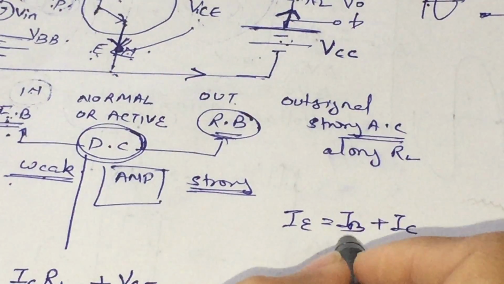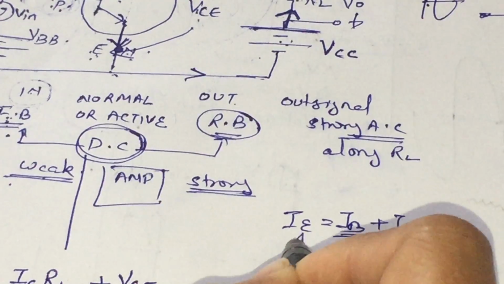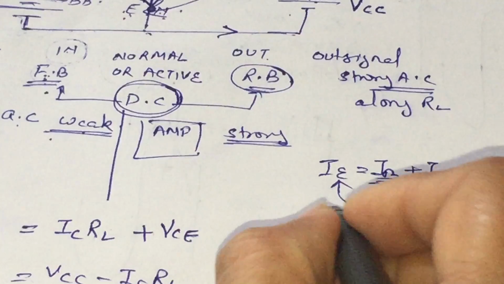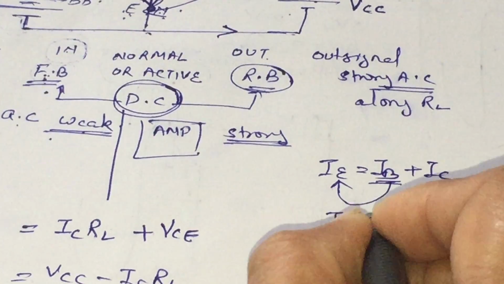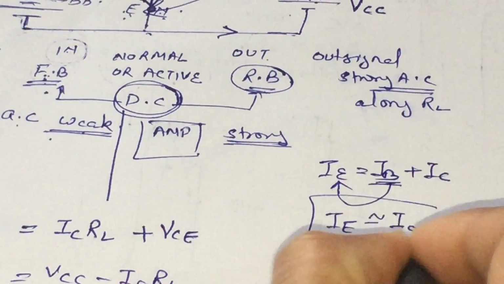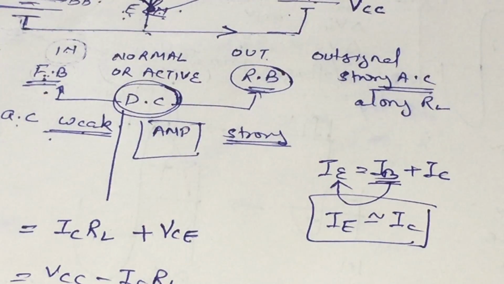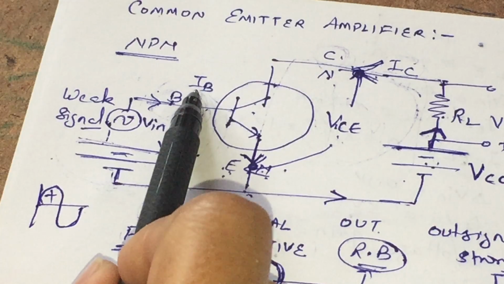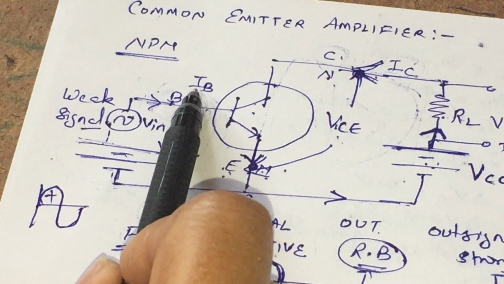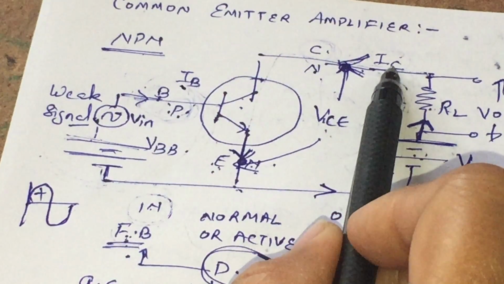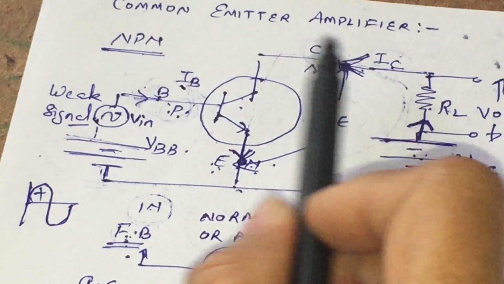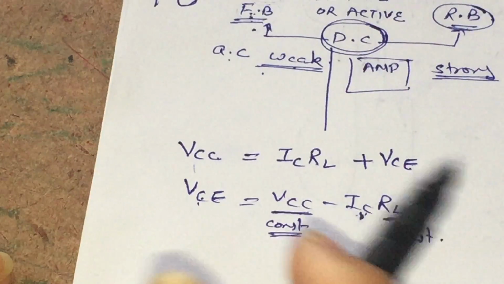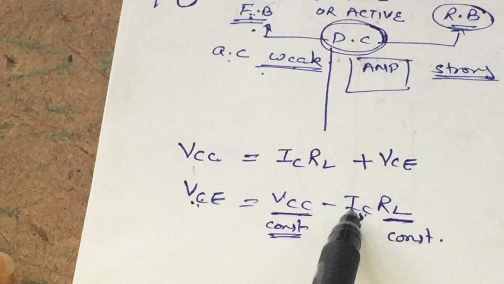It means if IB is increasing, it is making IE increase, and if IE increases, we very well know that IC, that is the collector current, is approximately equal to the emitter current. Hence, if the input current, that is the base current, is increasing, then the output current also increases in this given circuit. And according to our equation, if